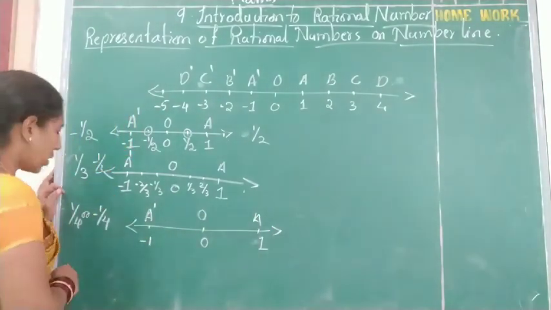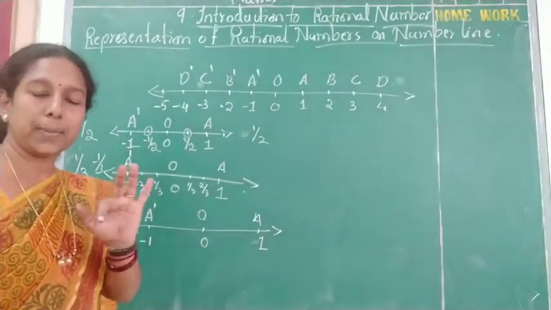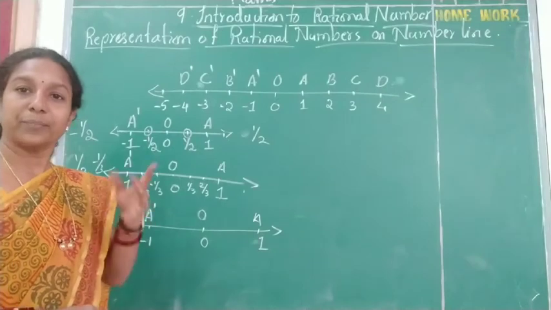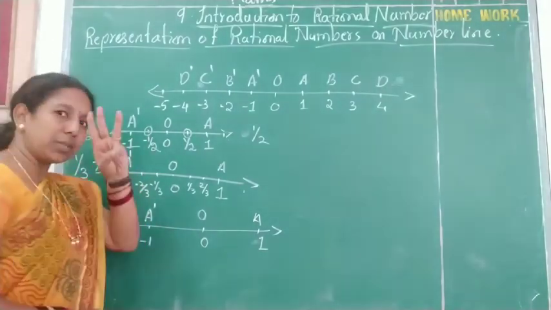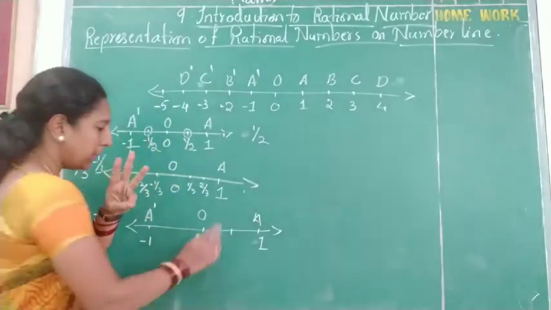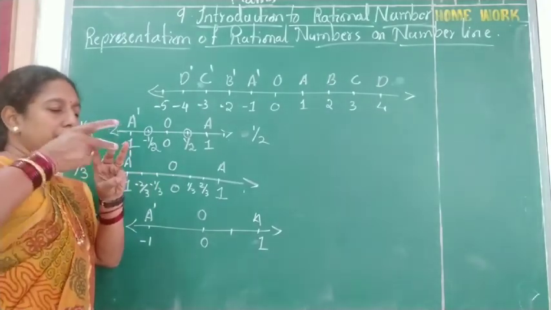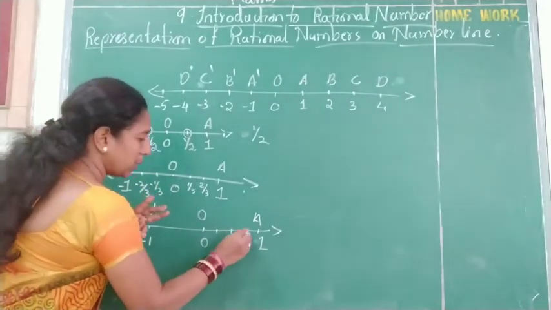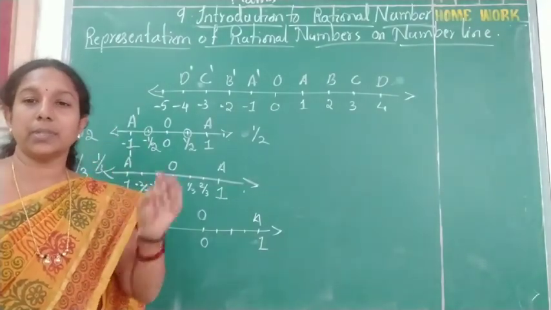Okay, so now here 1/4 is there. In the denominator 4. 4 less 1 is 3. 3 points I have to put here. So 3 is odd, so in between, 1 first I will do. In between the 0 and the 1 I will put 1. This one is done. In between these two again one more I will do, here one more. Means we will get the equal distance between the points.